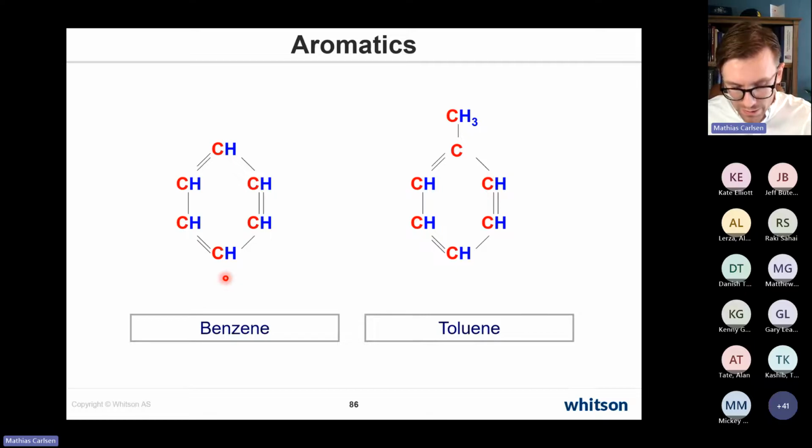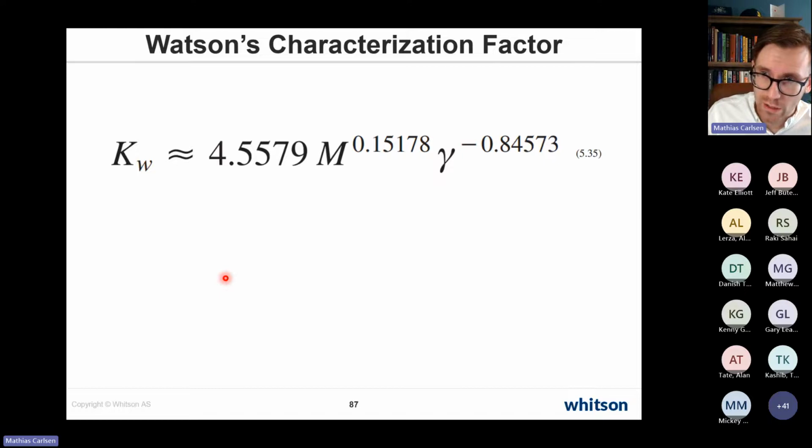When you go to a basin, the first thing Curtis Whitson does when he gets a fluid report for a new field, it can be one of the biggest fields in the world, like the Ghawar field in Saudi Arabia, is that if he hasn't done it, he calculates what's called a Whitson characterization factor. It's spooky because Curtis remembers all of these numbers in his head, so he just does this on a piece of paper. And he can automatically say whether this field is more paraffinic, aromatic, or something in between,